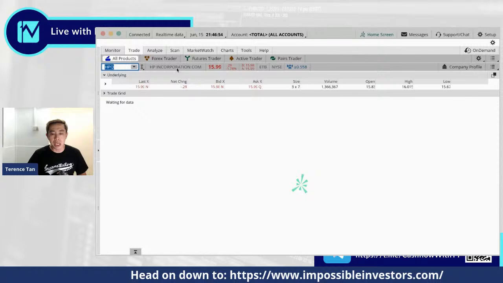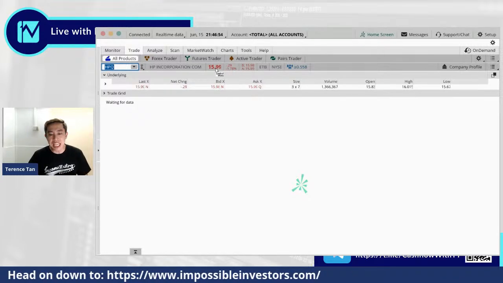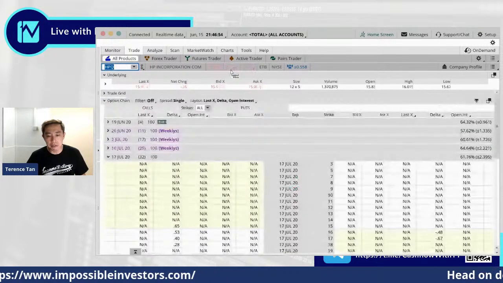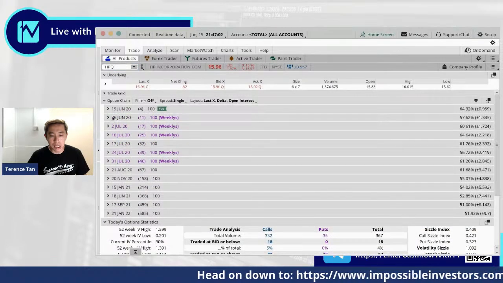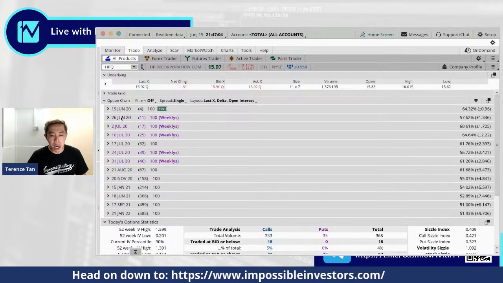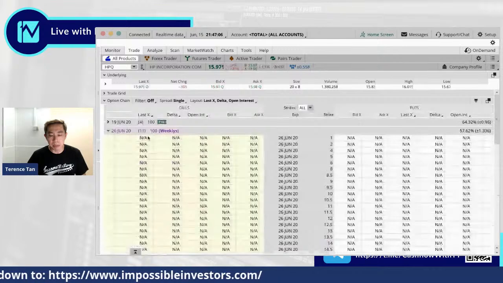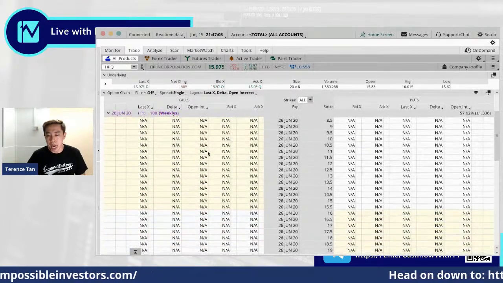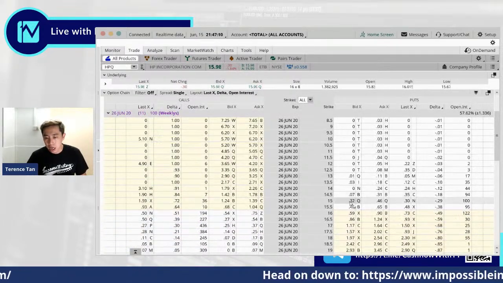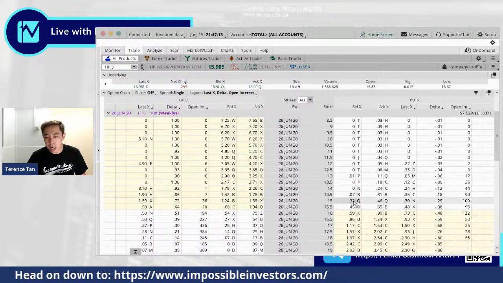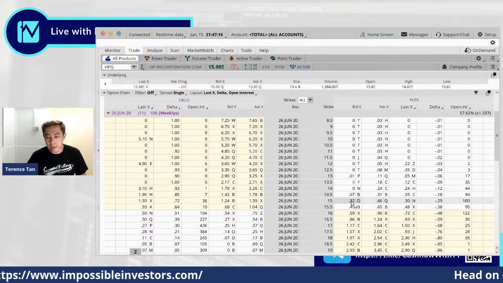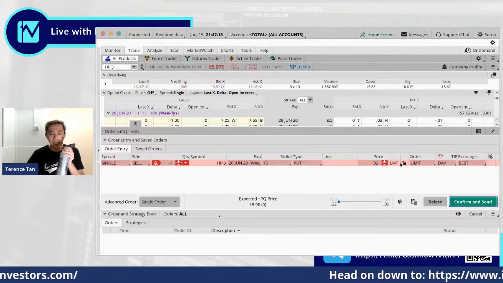We have HPQ trading at $15.99 at the moment. It's down a further 30 cents today. The bot suggested the 26th of June expiry, so that's 11 days from now. Let's take a look. The 15 put suggests about anywhere from 32 to 46 cents. So if I click on the sell button,